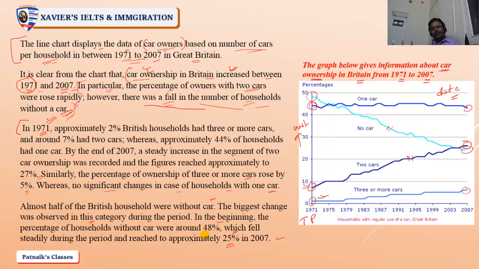So this is the way I have to see it. I could have written some other way. You may try to write it in a different way. See, I have planned in this way; you may plan in some other way also, right? The main aim is that we have to keep those band descriptor requirements in our mind and plan the write-up. That is important. My writing may differ, your writing may differ, my planning may differ, your planning may differ, but the aim is that we have to fulfill the band criteria, right?